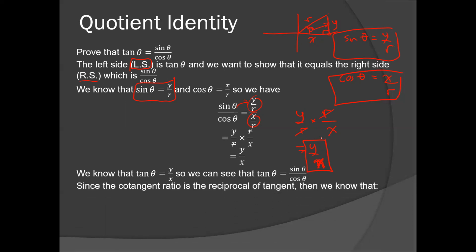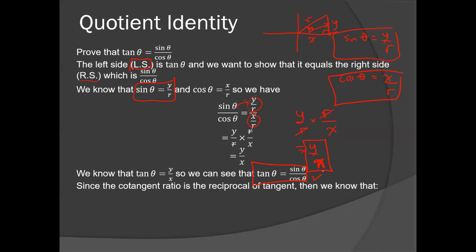So that is why tan theta is equal to sine theta over cos theta. So again, now that we proved this, you don't have to prove this over and over again. I want to make it clear that you can take that as an assumption now, right? This is always going to be true. So if I know that tan theta is equal to sine theta over cos theta, how can I figure out